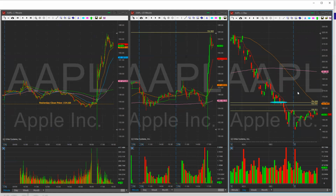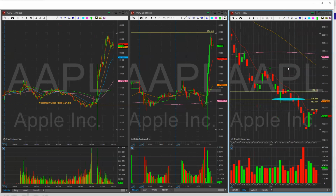Okay. And I also like to mention, if it does reclaim 165 and breaks out, I think this is a 170 mag, but I don't think Apple can go higher than 170 tomorrow, simply because of the bag holders in the stock. Okay, and specifically, let's zoom in right here. The reason why I call 170 a bag hold area